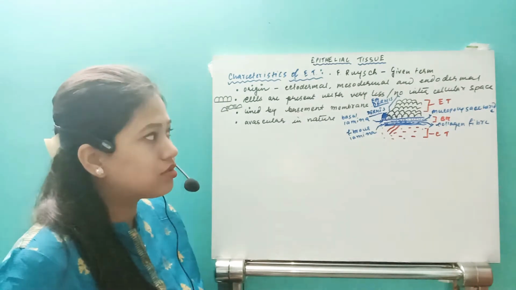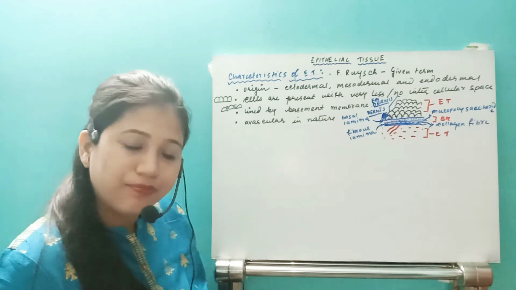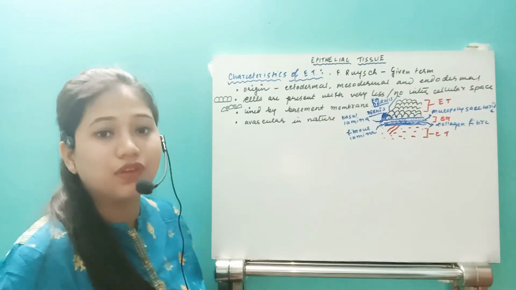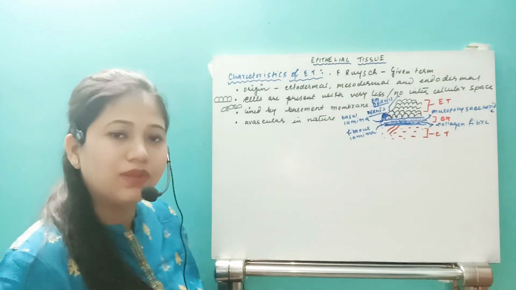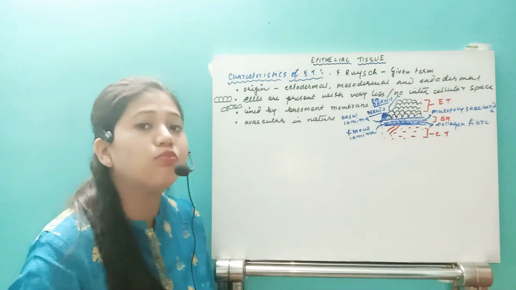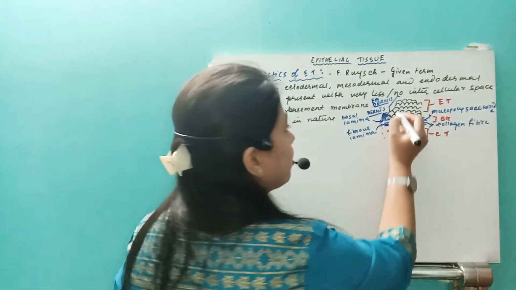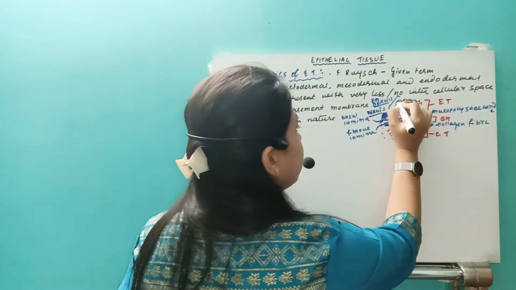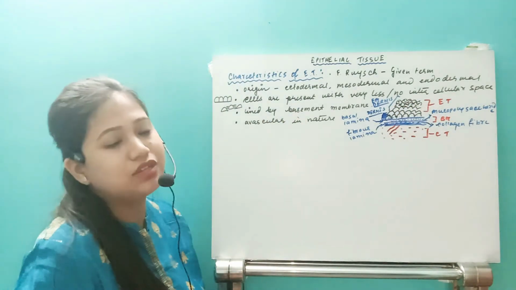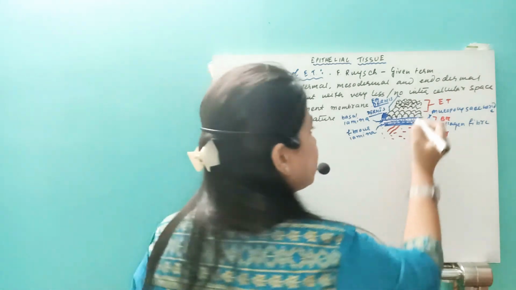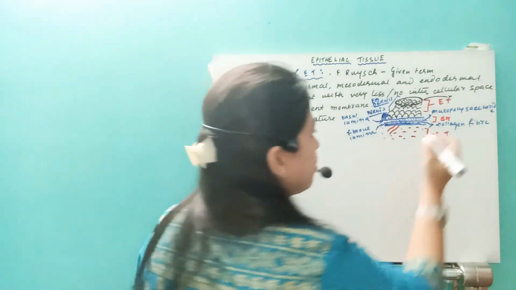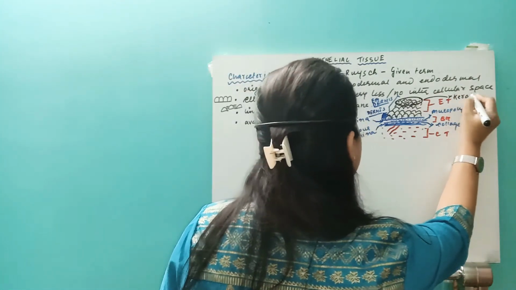So what will happen? It is going to die, isn't it? If it dies, how is it possible for a dead layer to be present? Yes, some of the cells will die, and as they die, they modify into a layer of keratin. Some proteins will be secreted by the epithelial tissue itself, and that is known as the keratinized layer. So this is nothing but keratin.